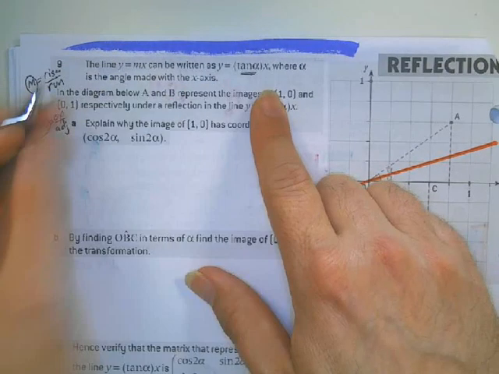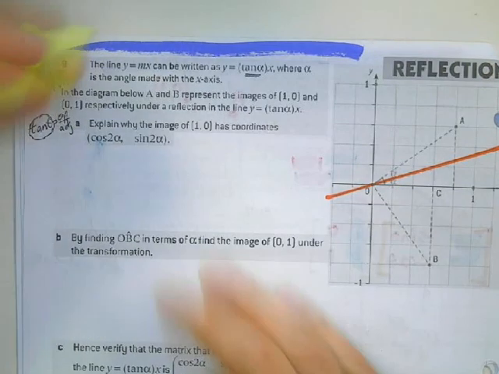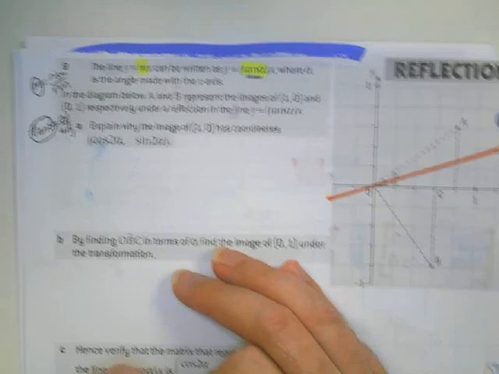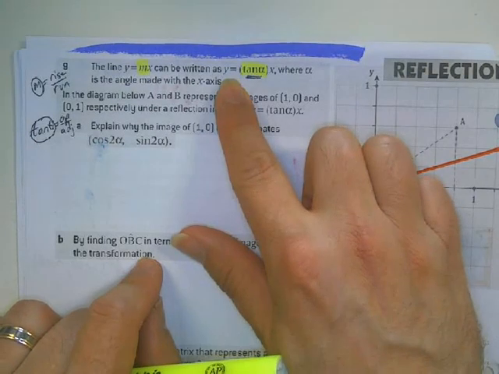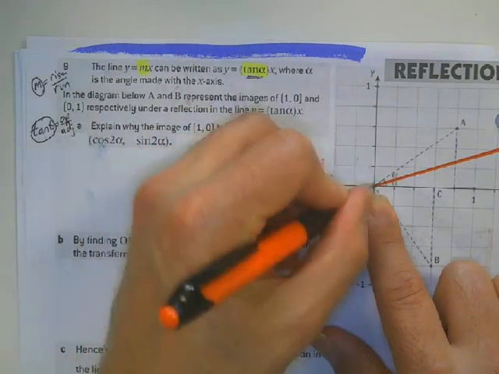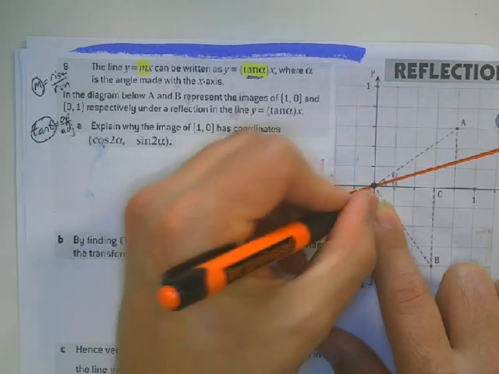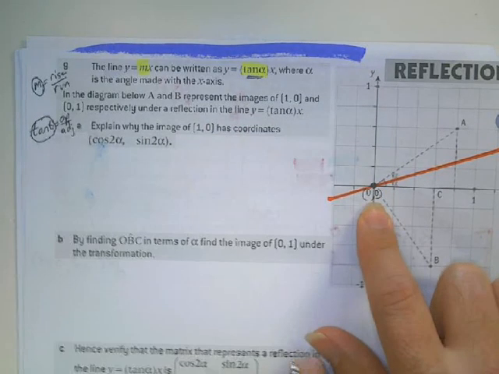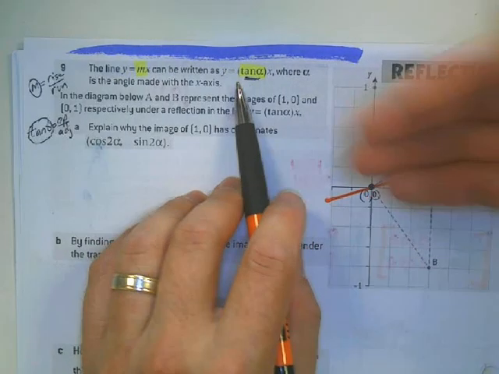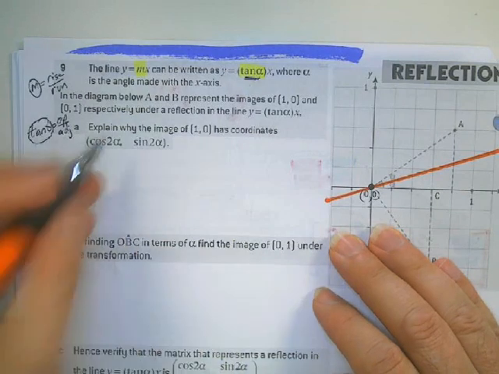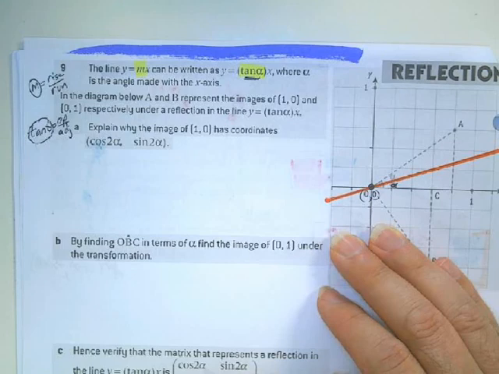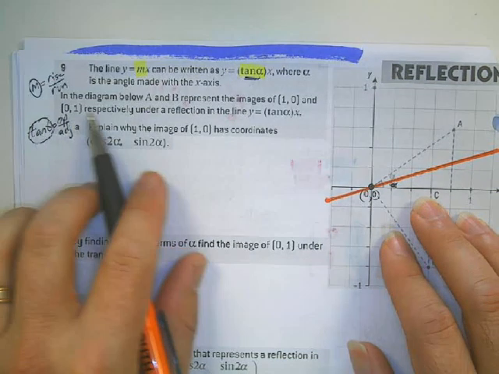They've replaced slope m with tangent. Okay, they're calling it tangent alpha. Okay, so my equation of the line, y equals mx. And so when we're doing reflections, at least in this course, it's always going to be about the origin 0, 0. Okay, and so if we reflect it at this angle across this line, that's what we got. Okay, so we're calling this angle here angle alpha. Okay, so and the diagram below represents